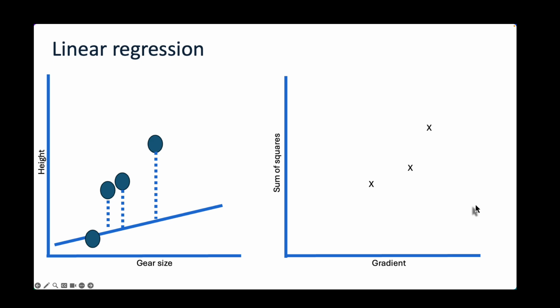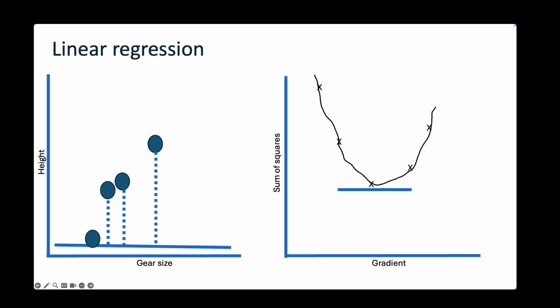Reduce the angle of our line, measure the sum of squares and plot again, and then change the angle again, measuring the sum of squares and plotting on the graph with an X, and continue on to try to find the best fit for our model. And then you can see there is a relationship between these points. And at the bottom of the curve is the gradient we want because it represents the best fitting model for